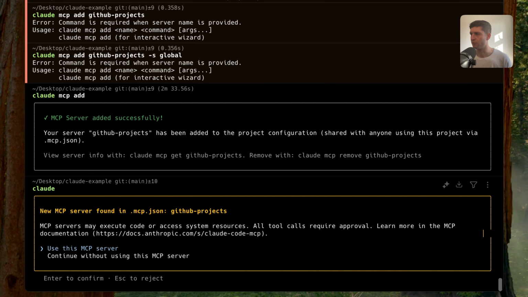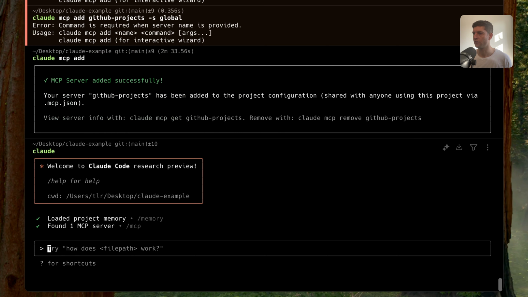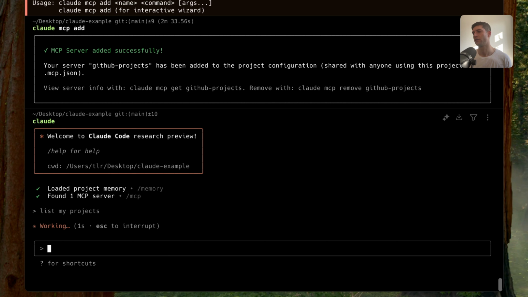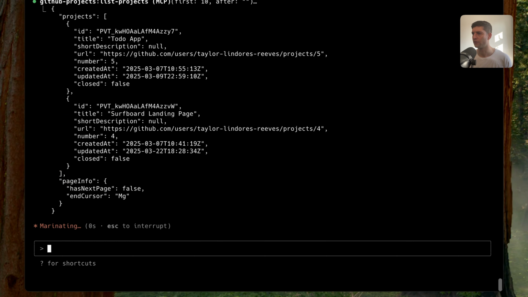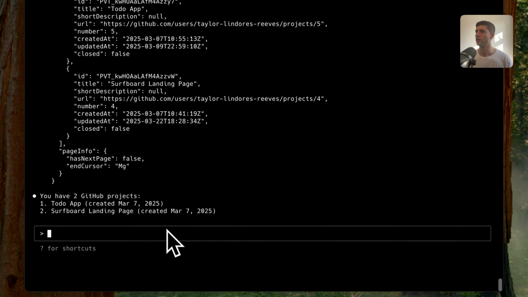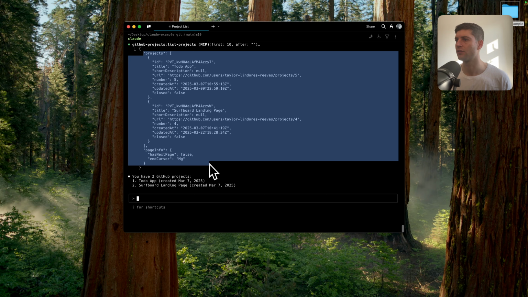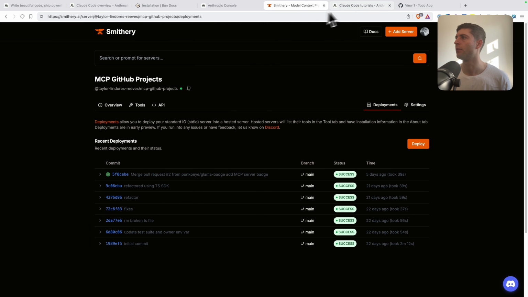New MCP server may execute code. Use this. Yes. Loaded project memory. Found one MCP server. Okay. I'm going to say list my projects. Let's see if this works. List projects. Yes. Boom. So those are my projects from my